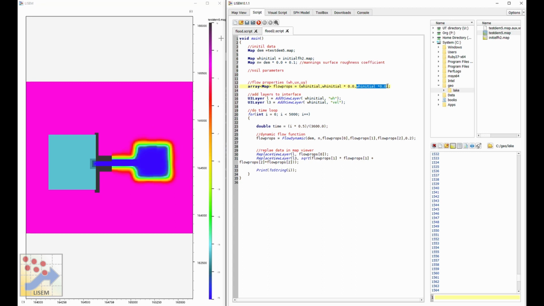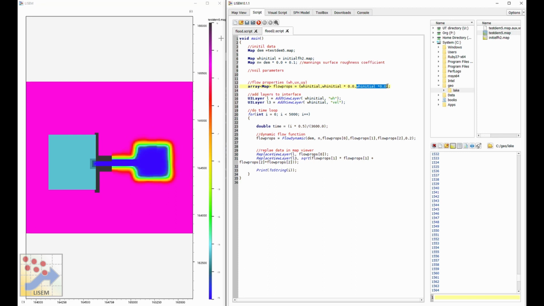The reason we set the initial velocity to 0 is because we start with a steady state lake. It's sort of a dam breach scenario, if you will. Of course, you can start with any velocity you like. And these are maps, so they can be different velocities at different locations. Now these 3 maps, the water height, velocity in the x and the y directions, that determines the entire state of the simulation. The state of the flow, if you will. So the height and the x and the y component of the velocity is what we are going to progress